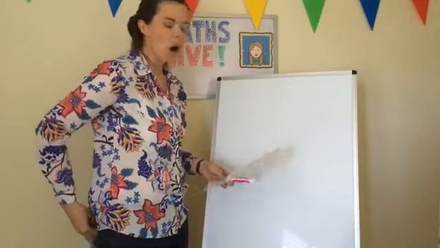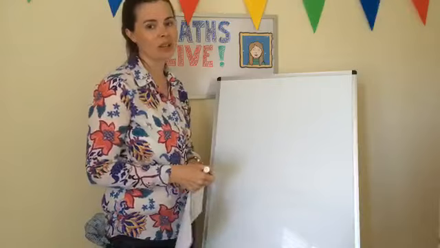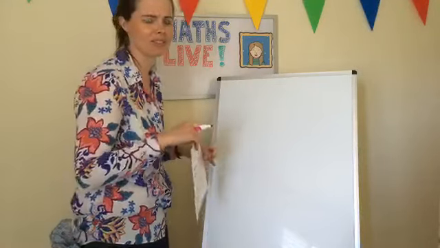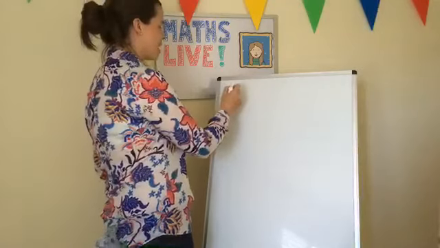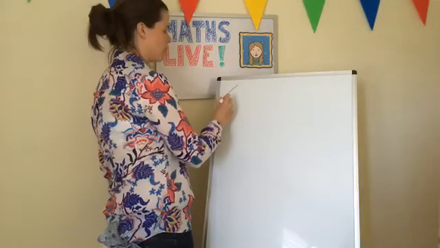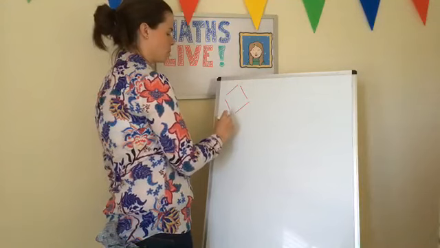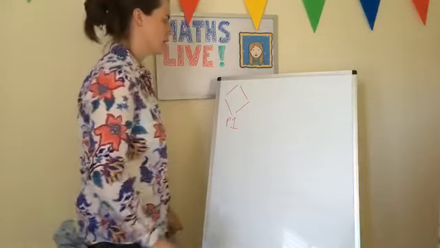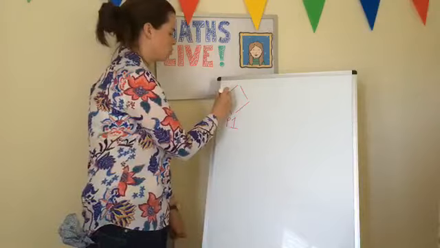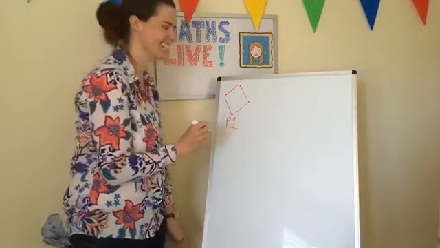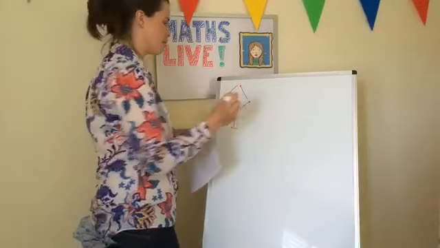So Tom is making a pattern with matches. Shouldn't play with matches, but we'll let Tom off for this maths lesson. So here is his pattern 1. So that's pattern 1, we could just call it P1, and that's his matches. Okay, I could draw little ends on them, but it's not an art lesson. So there's pattern 1. Pattern 2,